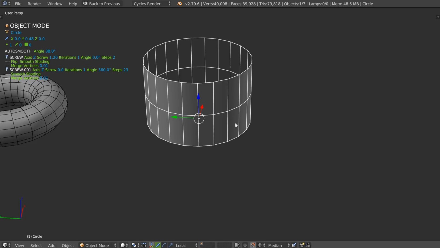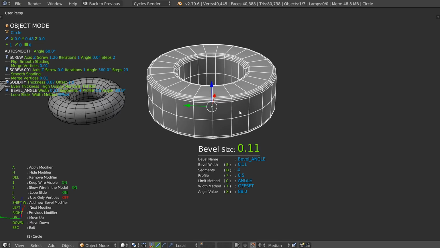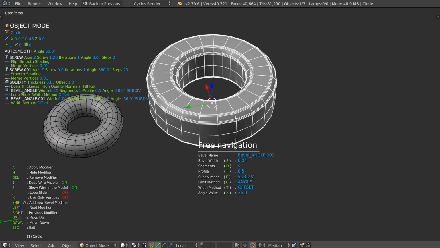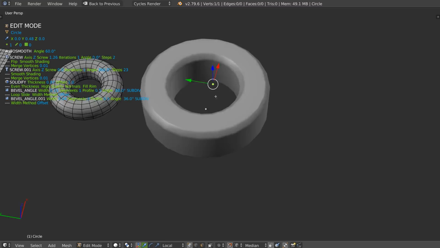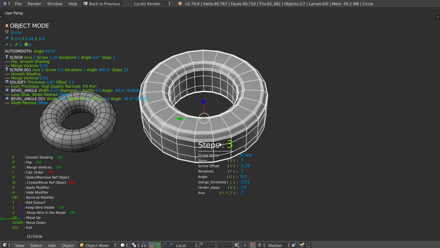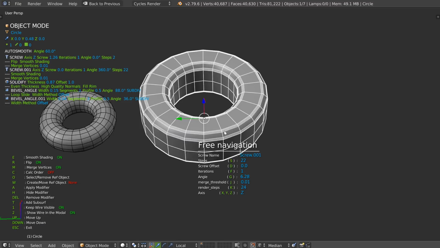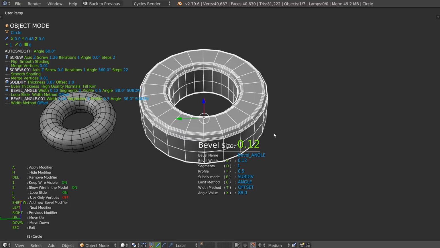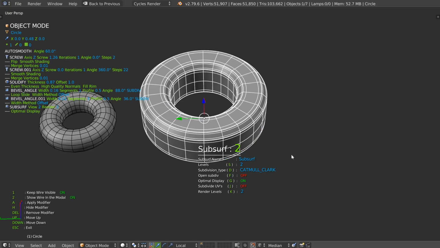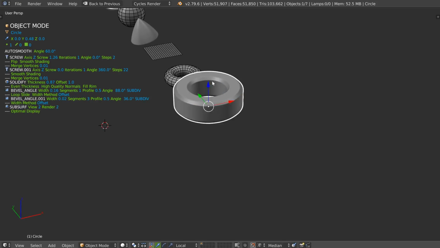able to edit whatever I want, and after, why not add a solidify? Why not add a bevel, like that? Why not add a second bevel, like that? And that's it. This is just a vertex, and I'm able to edit everything, like that, on the fly. Even the bevel, select the other bevel, like that, add a subsurf, and that's it. This piece is just a vertex.